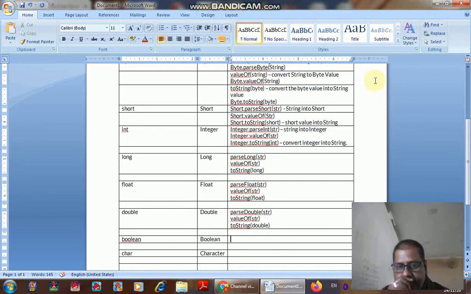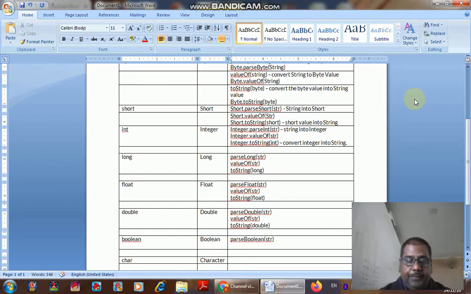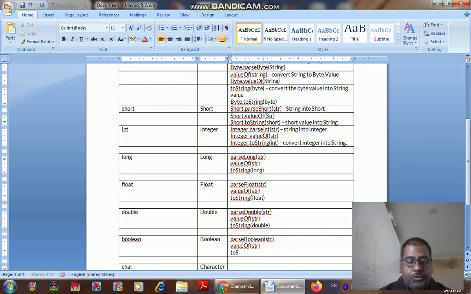Similarly, you have a boolean function. Again, boolean is a primitive data type. Its wrapper class is capital B Boolean. And here you are going to use parseBoolean. The string will be converted into a boolean data type. valueOf string will also be converted into a boolean data type. toString converts the boolean data type into a string data type.